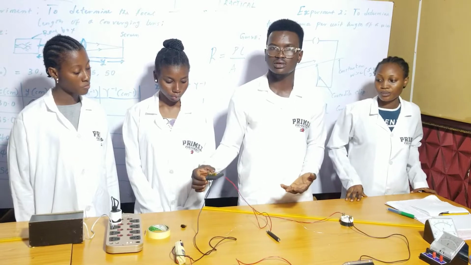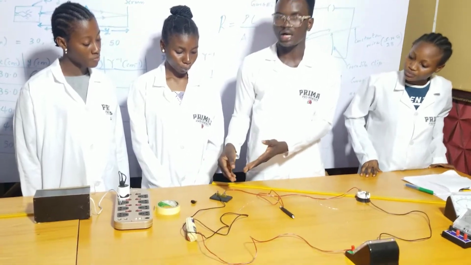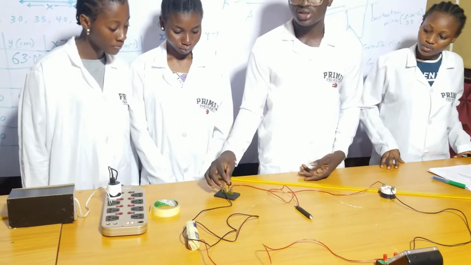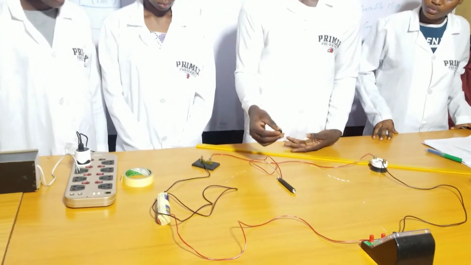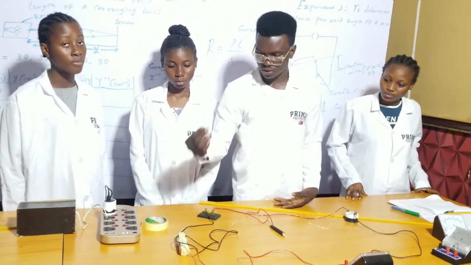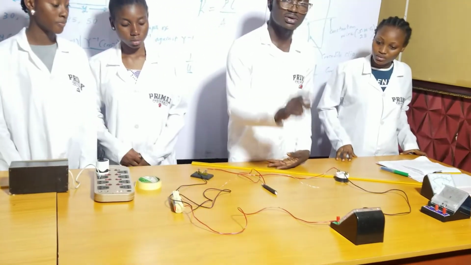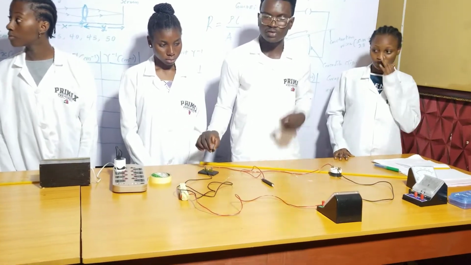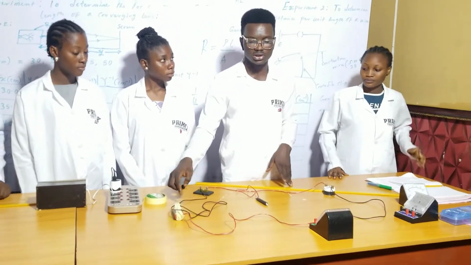So this is the key, the key that allows you to switch on the electricity or switch it off. You don't plug the key when you are not taking readings, so that you don't drain the battery. That's one of the precautions you have to take. When you're about to take your readings, you plug the key. If you leave the key plugged, the battery will be drained.